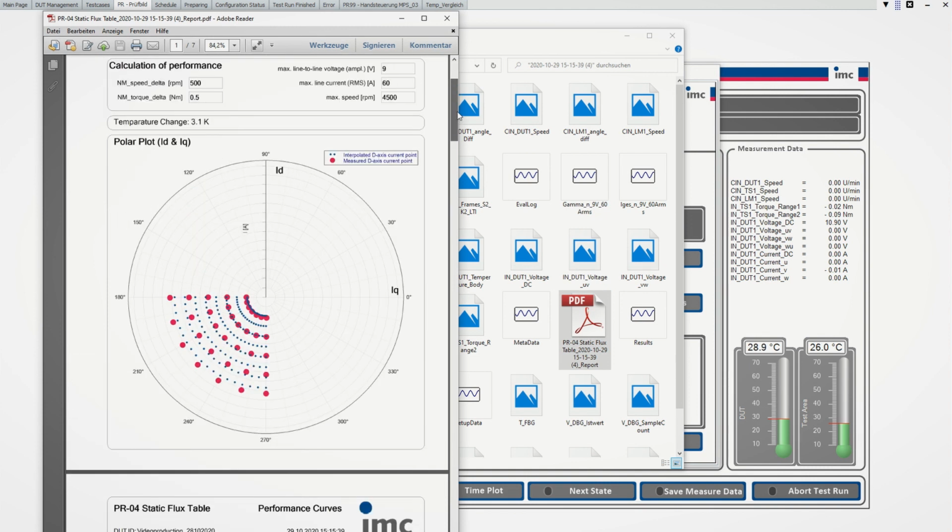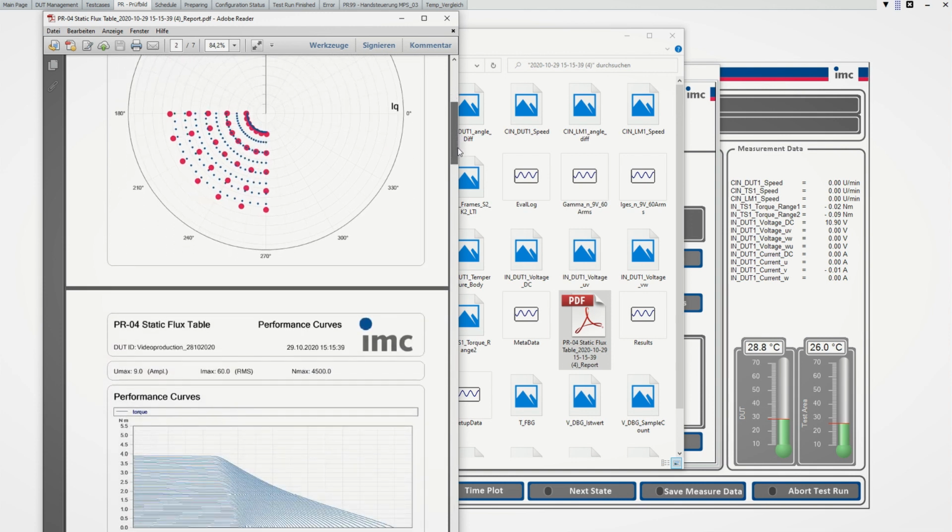But very important, the polar plot of ID and IQ. The red points are the measured data, which means we have the current variation from low current to high current over 5 points. And then we have the 7 points, which varies the D current in that section. The blue ones are the calculated points out of that one, which are used to get all the performance curves